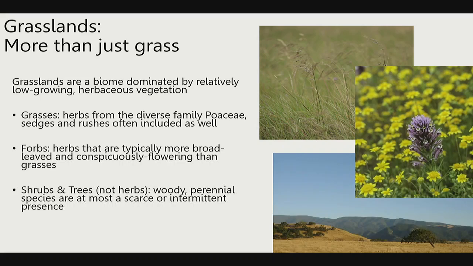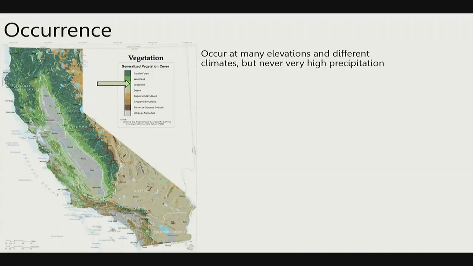And then believe it or not, in our grassland ecosystems, as you've seen in the Central Valley, I'm sure, we often have some scattered shrubs and trees. These are not herbs, they're not herbaceous plants, they're woody, right? And so these trees and shrubs are often scattered through grassland ecosystems, but by definition, they tend not to be the dominant plants we see. Otherwise, it wouldn't be a grassland, it'd be a forest of some kind. So, some definitions and composition for the landscape here.